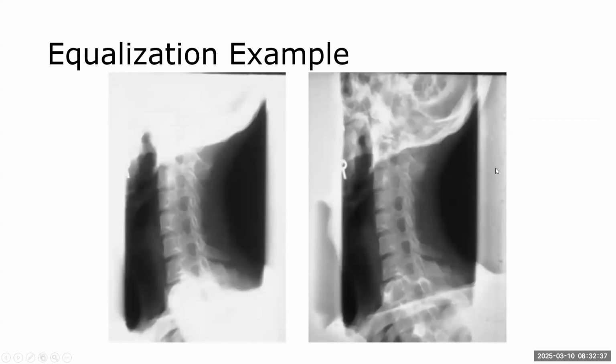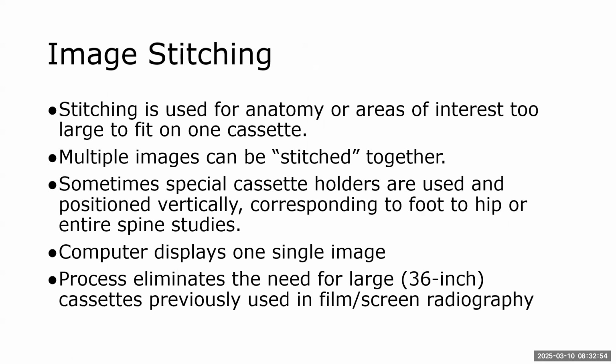Where this might be important is something like an oblique C-spine, where the upper part of the C-spine and the lower part of the C-spine are not well visualized. That equalization just allows you to see the whole C-spine equally. So that's pretty neat. Image stitching is used for anatomy or areas of interest that are too large to fit